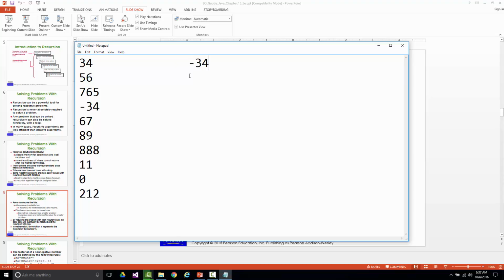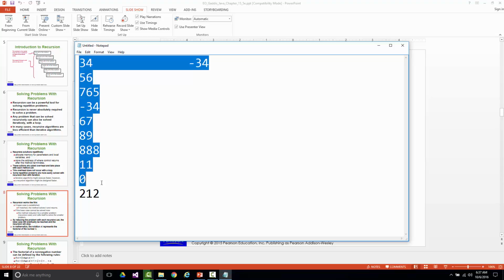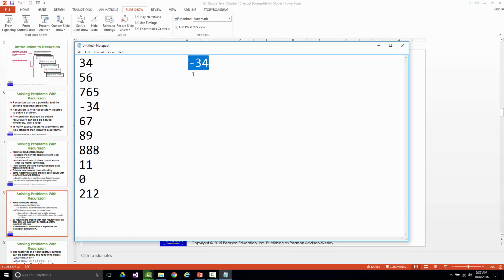All right? Now, we could do this recursively because we've got 10 numbers here that we're sorting, but after we do it the first time, now we only have 9 that we're sorting. So the problem is getting easier every time. And as you can see, it's what you think. We go to 0, then we'd only have 8 to go through, so we'd get 11, then we'd only have 7 to go through, and it looks like we go to 34, so we'd have 6 to go through, 56, we'd have 5 to go through, 67, we'd have 4 to go through, 89, we'd have 3 to go through,